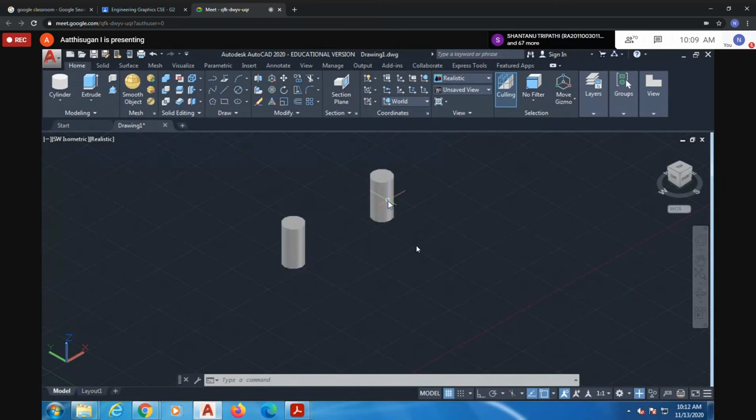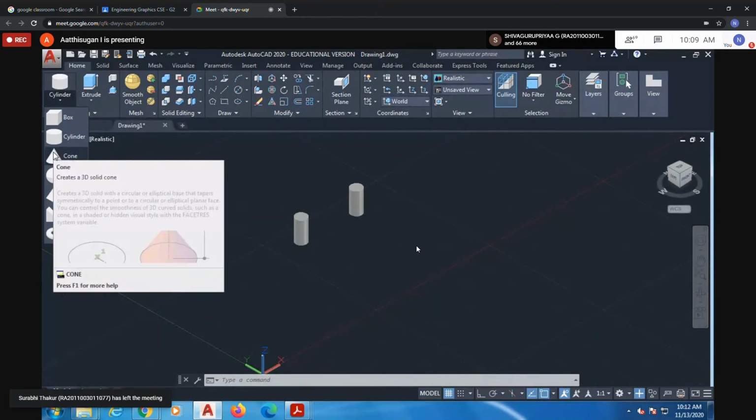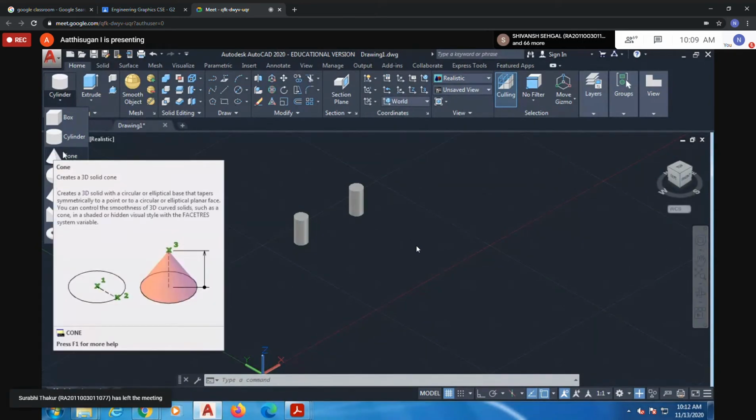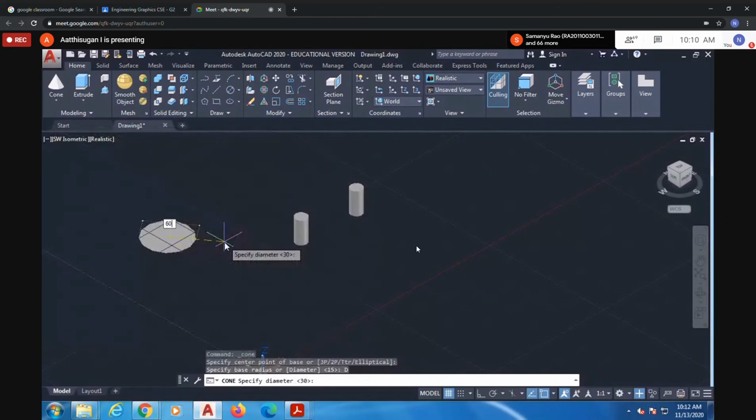Next, cone. Here you cannot use extrude for the cone because it has an apex, so you can only use the cone option. Again the same: go to cone, click it, and read the command bar. Specify the center point; I'm going to draw from here. Then radius or diameter; I'm going to give the same diameter of 60. Enter.